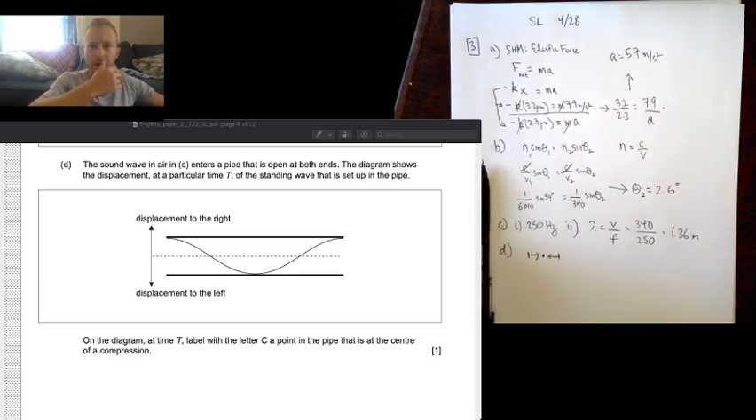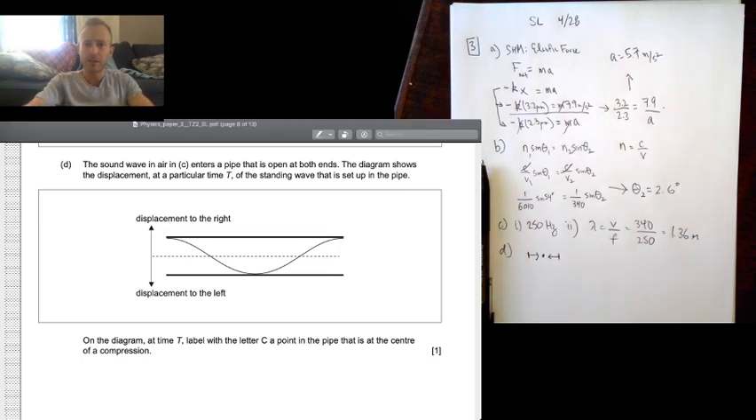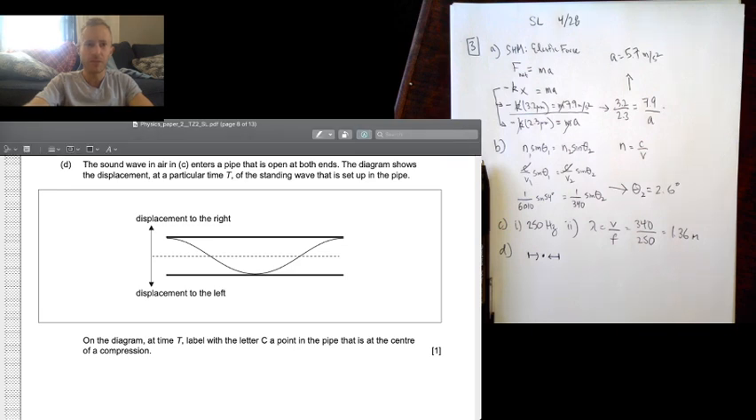Okay? And because that would have the effect of squishing from both sides. Okay? So if I look at this, this is a graph of displacement, and I can see that this point right here,